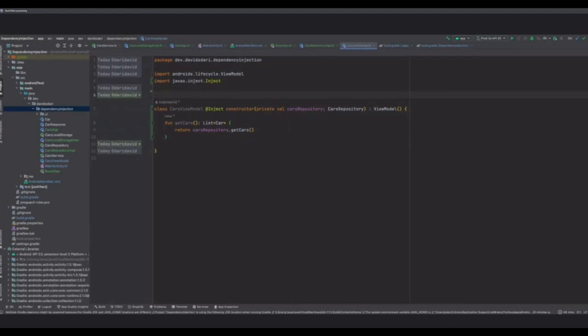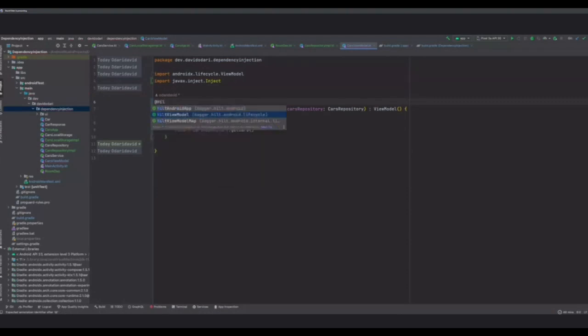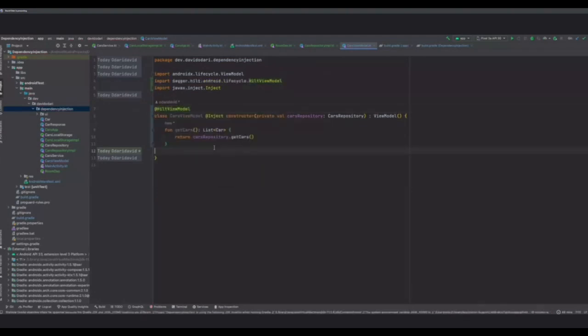And why is this the case? So first, I'm going to put Hilt view model. When you're using the AndroidX view model class, the idea of this class is it's responsible for holding and managing UI-related data in a way that's lifecycle aware, and it's supposed to survive configuration changes.